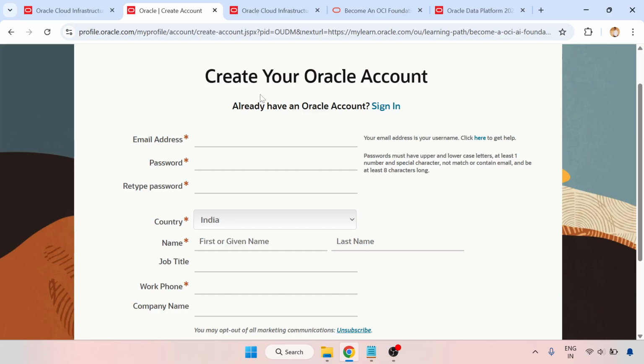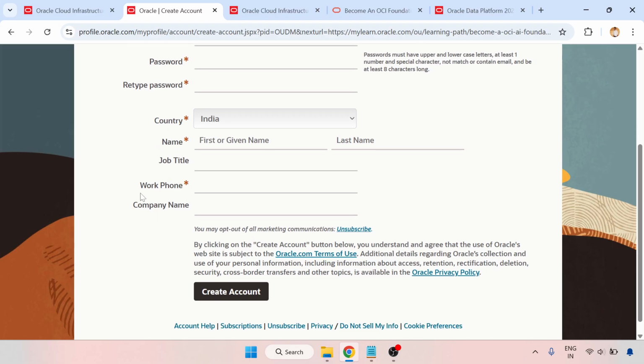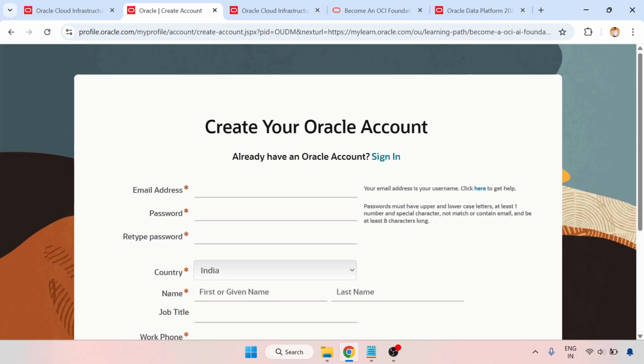So here you provide to create your account: email address, password, retype password, country code, name, job title, work phone, and company name. If you are a student, then for job title you can provide student, and for company name, also your college name. So when you go to that,